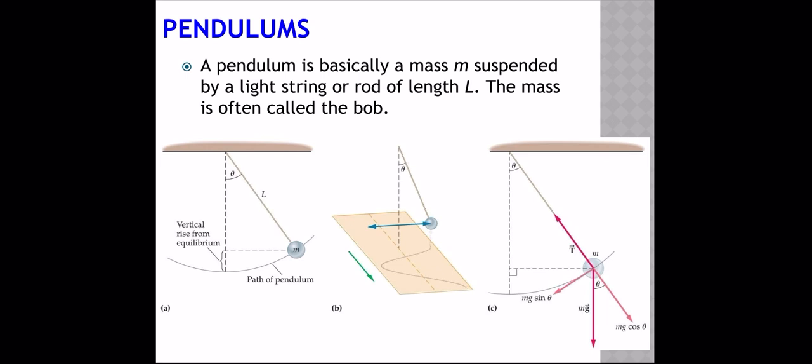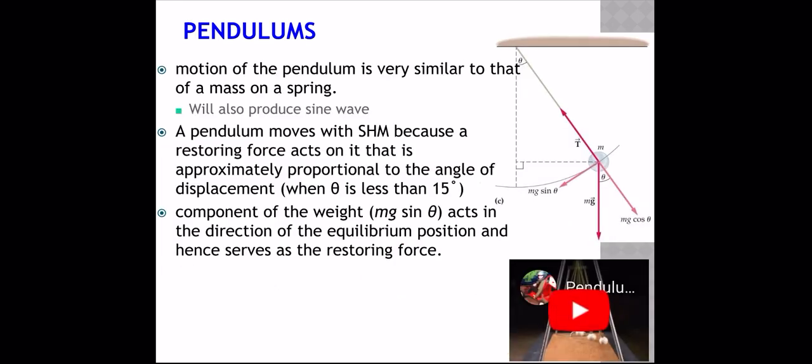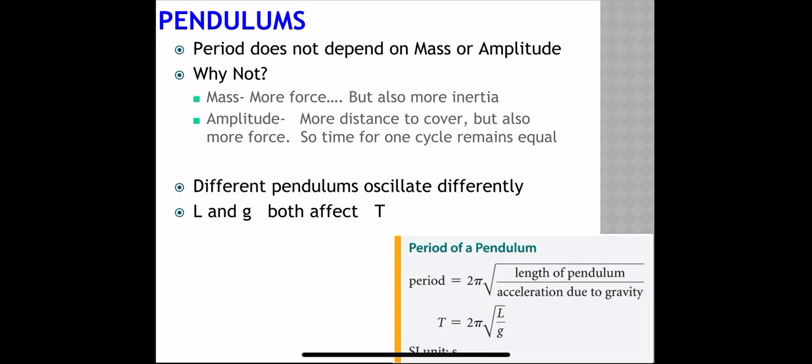So gravity always draws the pendulum bob. That's what we call the mass at the bottom of the pendulum. That's what always draws it back to equilibrium. There are some fun videos here that you can look at if you look through the slideshow. But the motion of a pendulum is very similar to a mass on a spring. Its position-time graph also makes a sine wave, but it yields the equation that you see on this slide here. The period of a pendulum